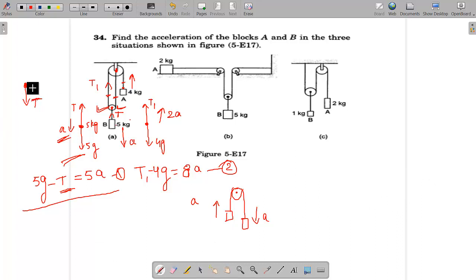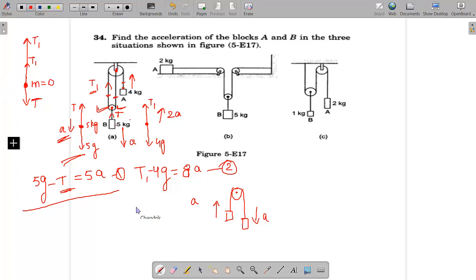Now in the upward direction there are two tensions. Right now there are two strings, so there is one tension T1 and there is another tension T1, which we assume in the upward direction on the pulley. And the mass of the pulley is 0. Understood? In most questions, if it is not explicitly given, the mass of the pulley is considered to be 0, and the mass of the strings also.